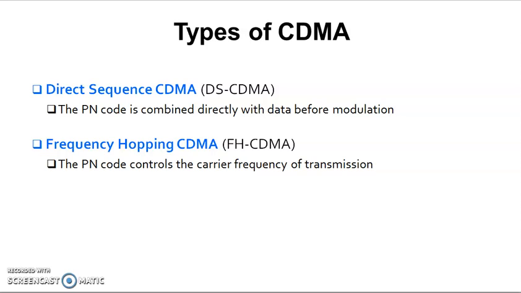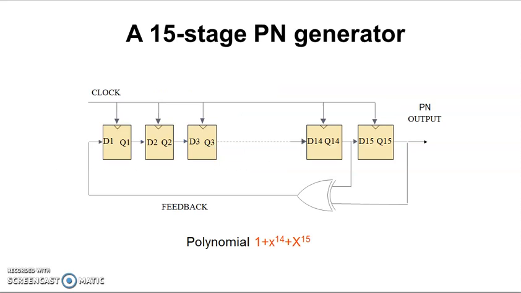Hi, we have seen earlier that a PN code, that is a PN sequence, is used in a spread spectrum CDMA system. So now we need to see how to generate that PN sequence. Okay, so now here we are having, you can see, multiple